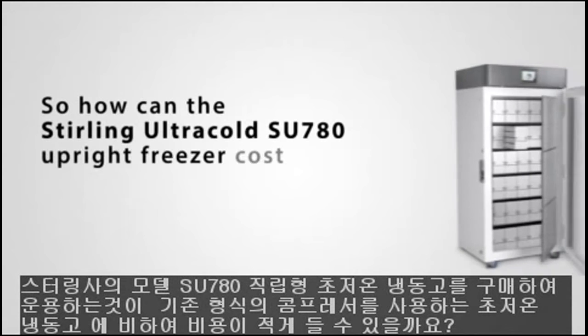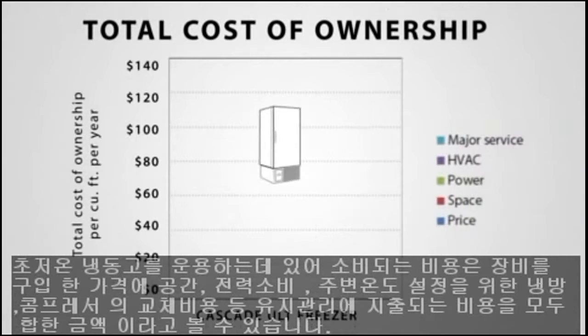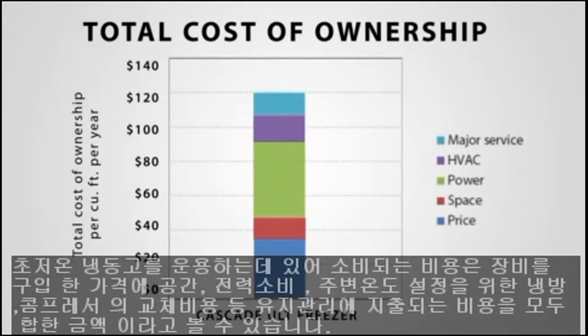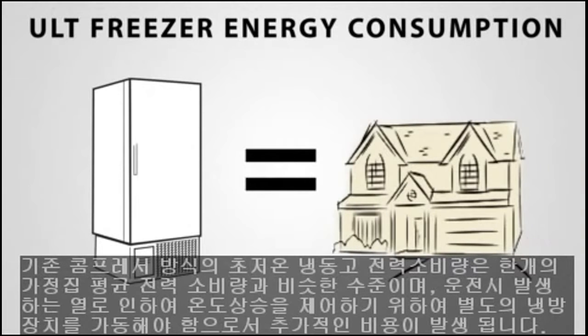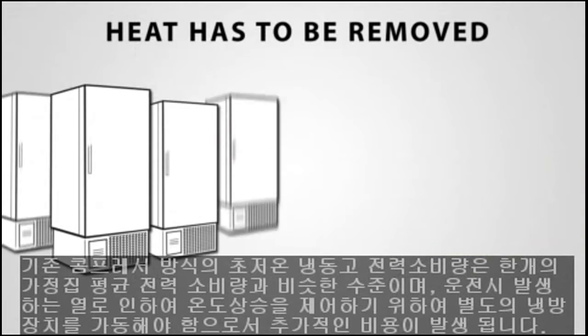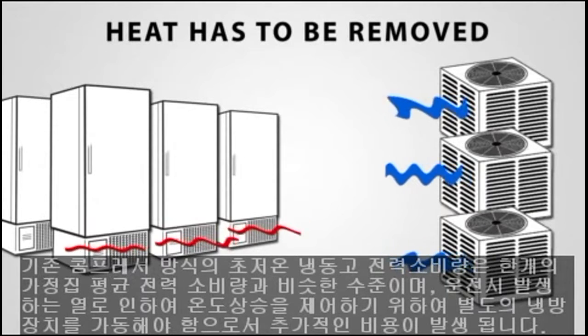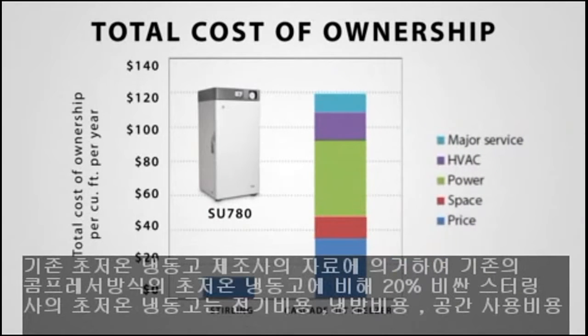So how can the Stirling Ultra Cold SU780 upright freezer cost less than a free Cascade ULT freezer? Well, considering that the total cost of owning an ultra-low freezer is actually the sum of its purchase price, plus cost for floor space, energy, cooling, and the usual compressor replacement, and that current model Cascade compressor ultra-low freezers consume the equivalent electric power of an average U.S. household. And also considering that all this power turns into heat that has to be removed from your building, usually by a hefty air conditioning system that's gonna cost more to run too,